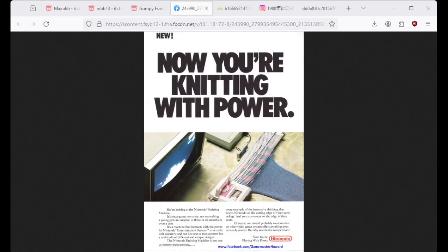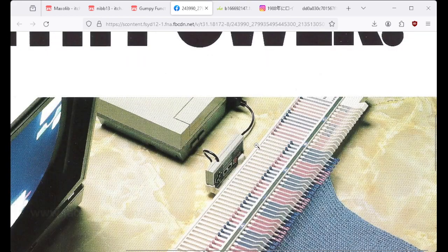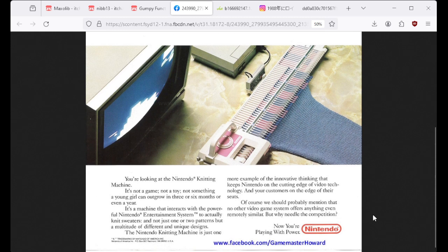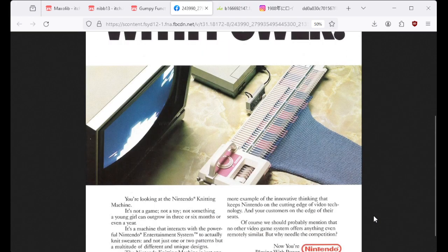So Howard Phillips shared this on Facebook at a certain point. This was a flyer that Nintendo made up for a trade show. They showed it at CES 1989, I think. And it was intended for retailers or somebody. So Howard gave a demo of this machine to, I think, Toys R Us or something like that. And this is the only evidence that this ever existed. They never went ahead with the product. But you're saying that what's shown on the screen here is the only view we have of the software that they'd made. But this seems similar to...